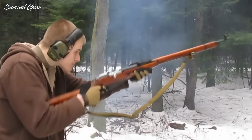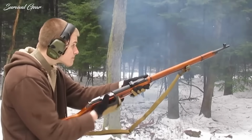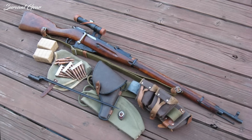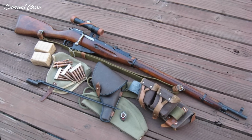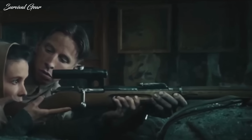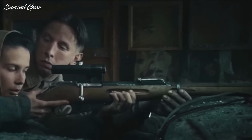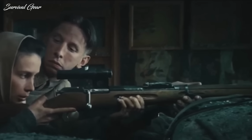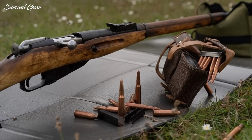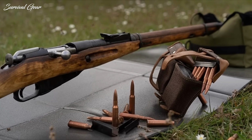The Mosin Nagant series of bolt-action rifles and carbines practically defines the modern American military surplus gun market. These rifles go for $100 to $250, depending on the individual model and its condition. Russian soldiers and communist forces used these rugged, inexpensive, and easy-to-use rifles in dozens of Third World countries during the Cold War. The Mosin Nagant is chambered in the potent 7.62 by 54mm R round, which owns a reputation for